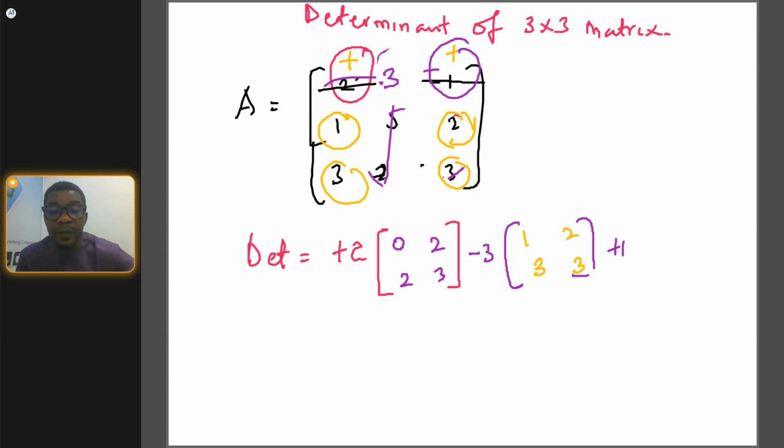So we have minus 3 here. So we can proceed for that of 1. What are the values? This is 5 before, and this is 2. So what are the values that cross with the value 1? We have this row and this denominator. So we'll be having the matrix form 1, 5, 3,